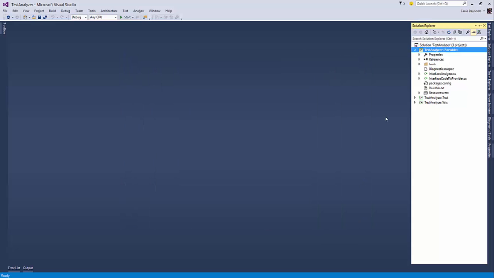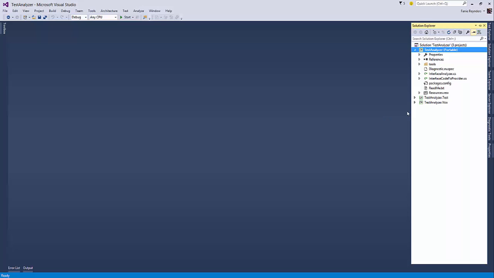So my code analyzer basically just checks if the interface names start with I, because interface names can be written without an I prefix, and I just personally like to prefix all my interfaces with an I character.